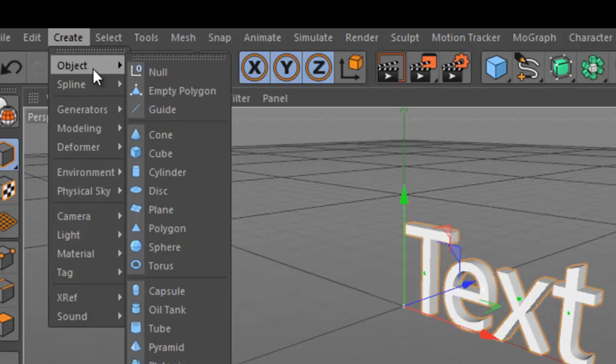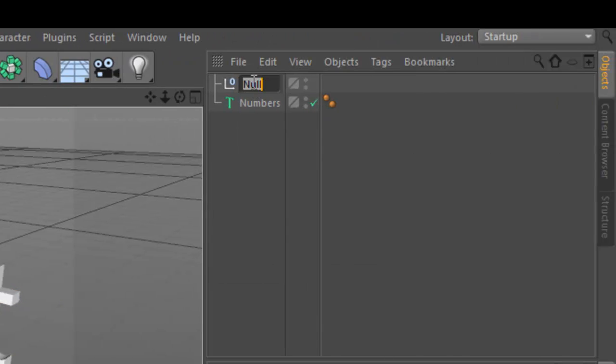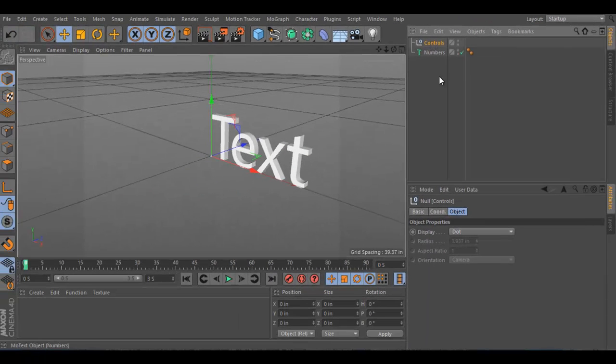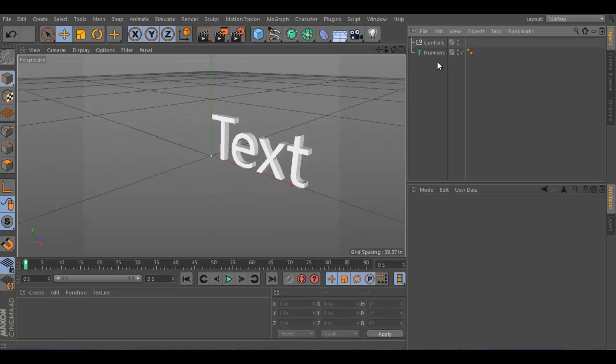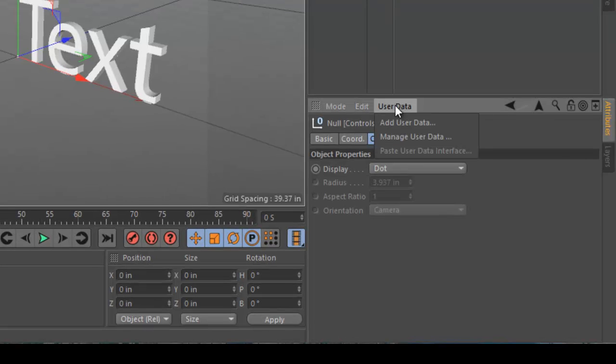And then I'm going to add in a null object. So I'll choose create object null, and I'll rename that and call it controls. All right, so this is the basic setup here. Now I need to be able to add a custom parameter that will allow the controls to be a control. So I'll click on the controls, and I'll go here to the option that says user data,